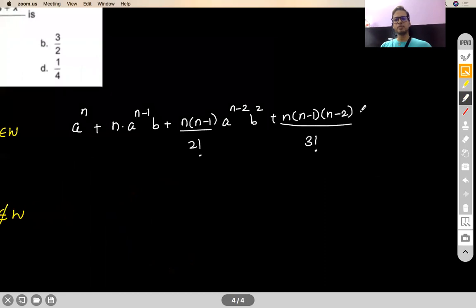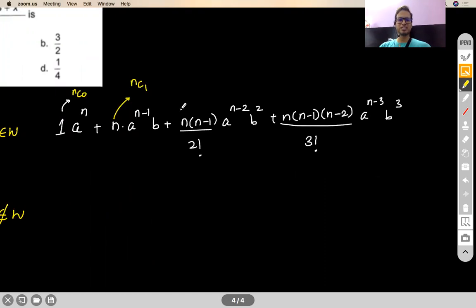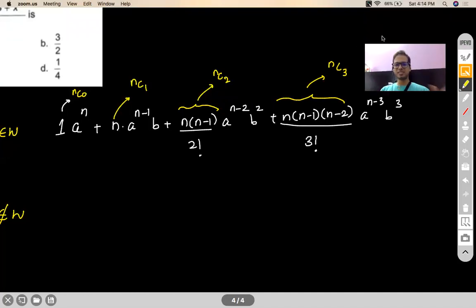Later on, when we do permutation combination, I'll start calling this term, which is actually 1 over here, as NC0. But only when I've done permutation combination with you. This is NC1. This term is called NC2. This term is called NC3 and so on. As of now, I'm just giving the expansion of those terms. The actual symbol used for that is your NCR symbol, which comes from your understanding of permutation combination concept.